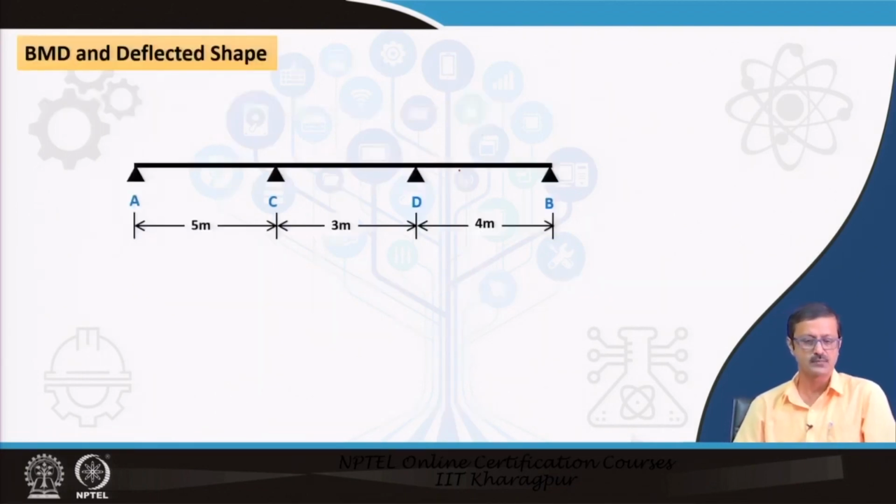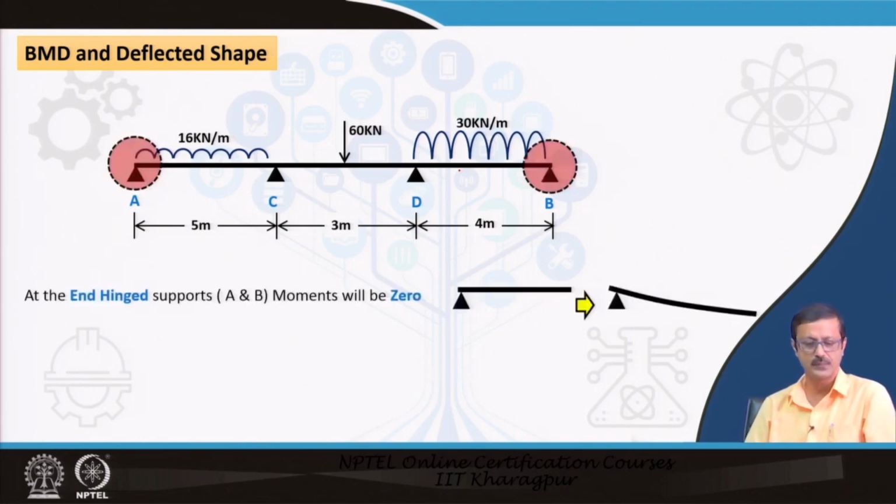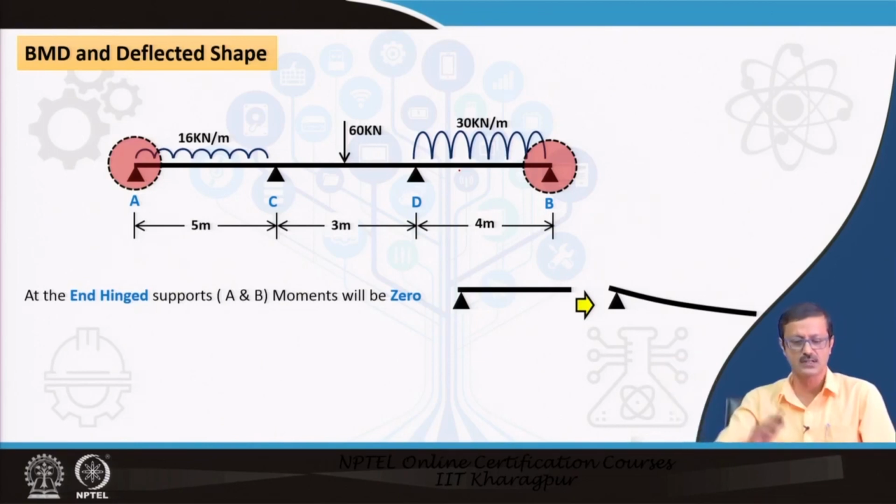In case of the BMD, if I want to draw a BMD, suppose this is a continuous beam, and both ends, the last two ends A and B, are simply supported. Suppose there is some loading also, with spans of 5, 3 and 4 meter. The first span is under UDL of 16, the last third span is under UDL of 30, and the central span is under a central point load of 60, right. Because of the character of this beam, I can at least say that at end A and end B, the two extreme ends of this continuous beam, the moment is equal to 0, because these two are